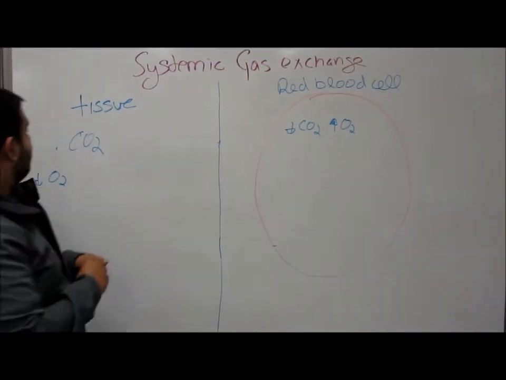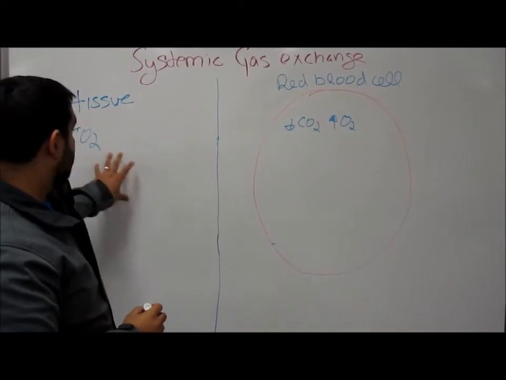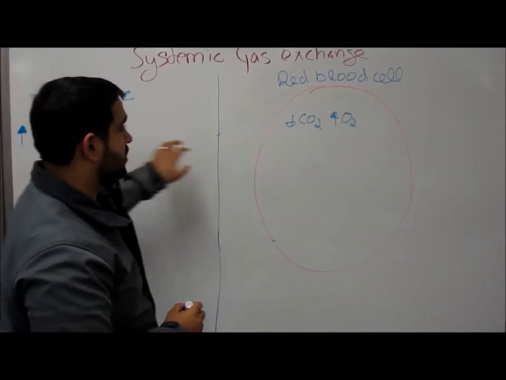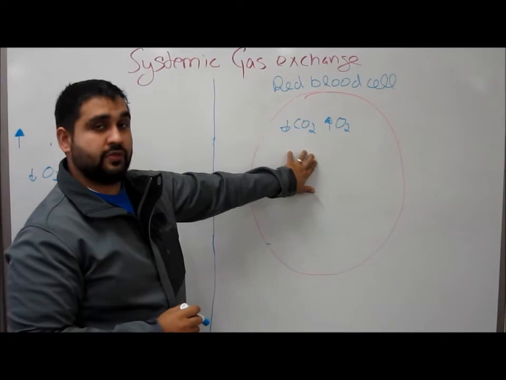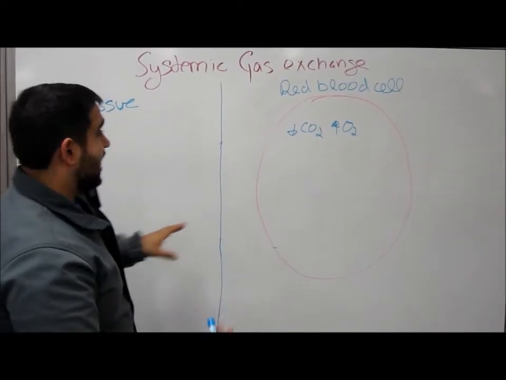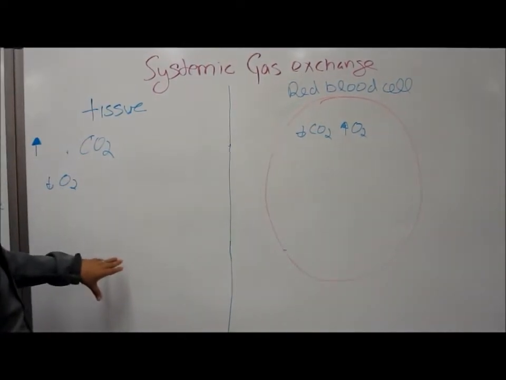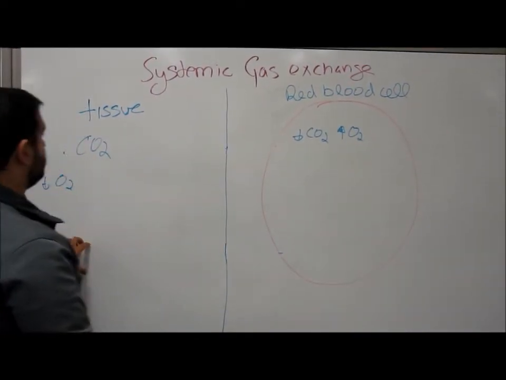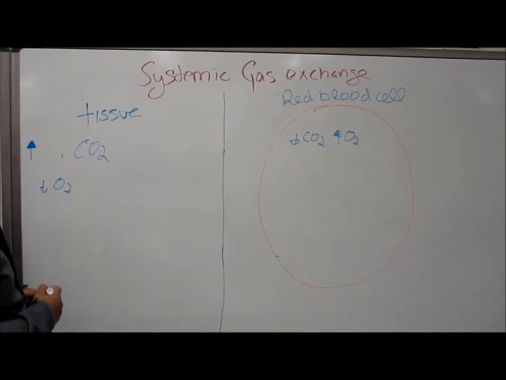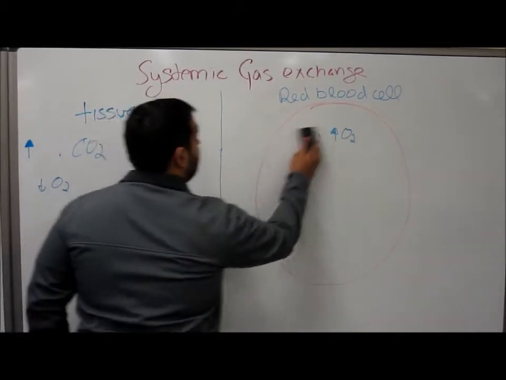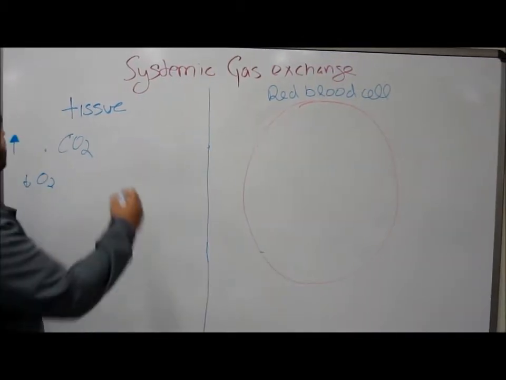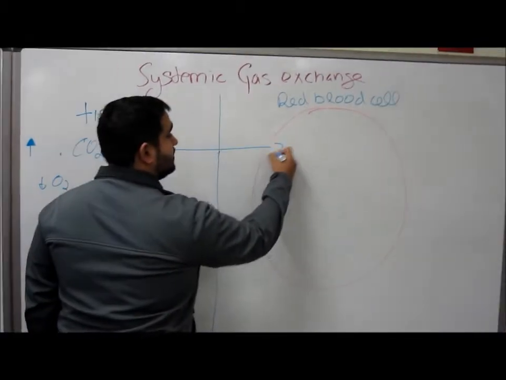There are 2 steps that happen. The first step is CO2 loading onto the red blood cell, which is the loading process. Then O2 is going to unload from the red blood cell through the tissue membrane into the tissue to oxygenate the tissue. The first step of this process is the movement of CO2 across the membrane into the red blood cell,